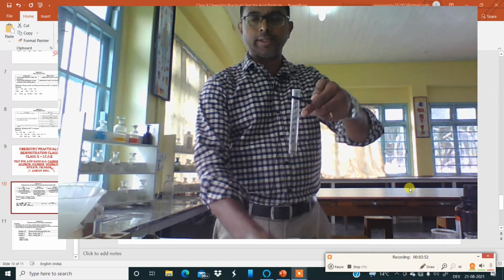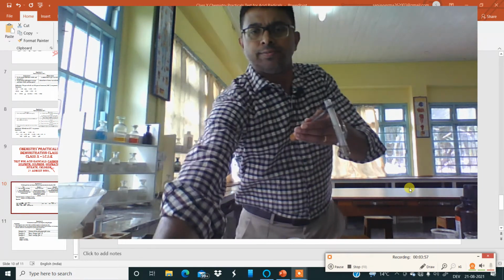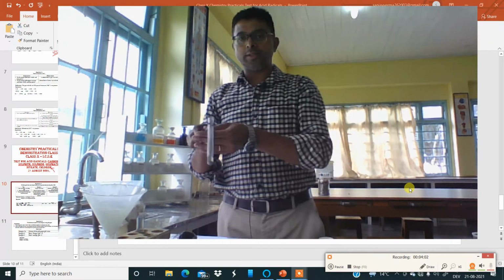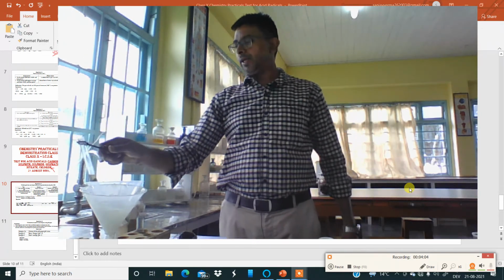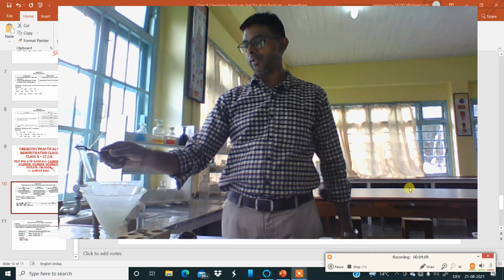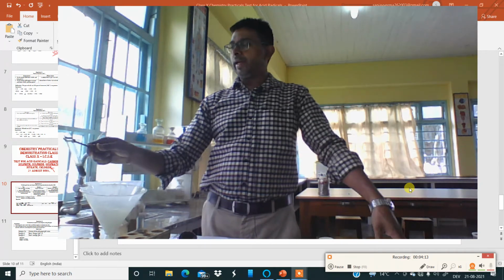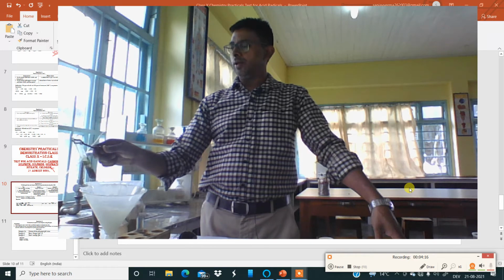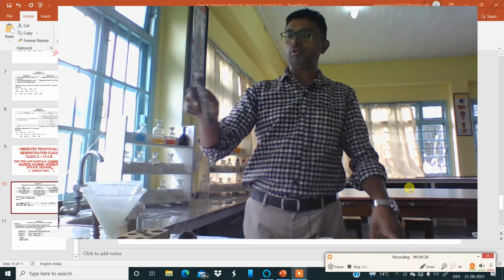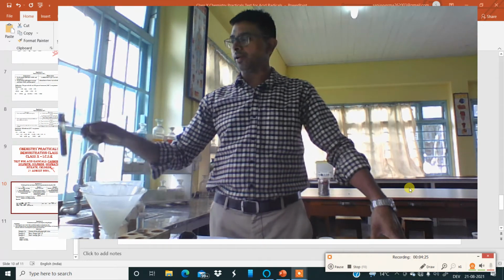Okay, I have added concentrated HCl. Now I hope you can see the flame. Yeah, it's okay, you can see. Now I am heating it strongly. So when I heat it strongly, the gas has no color. You can see it has no color. The reaction is happening, there is no color.